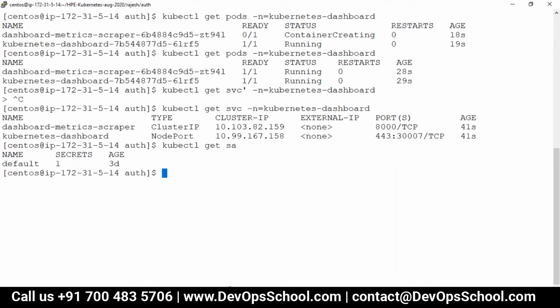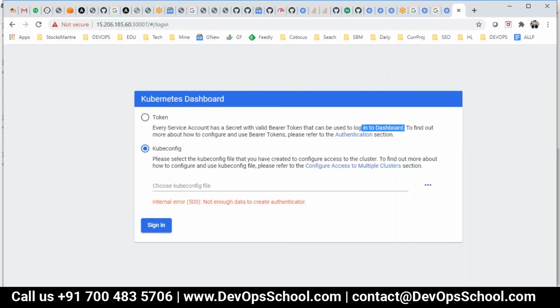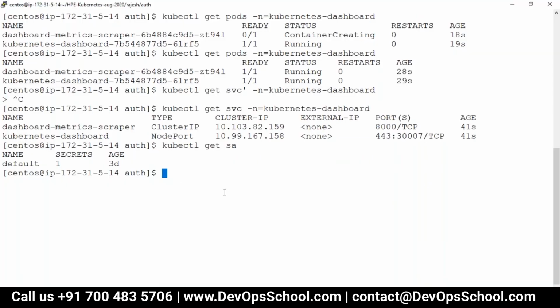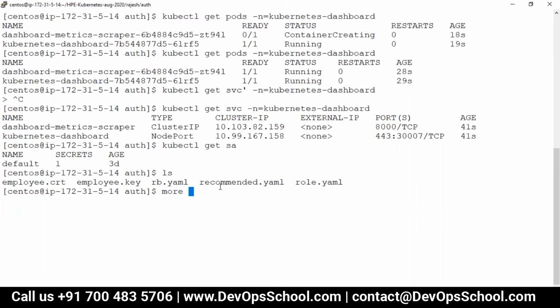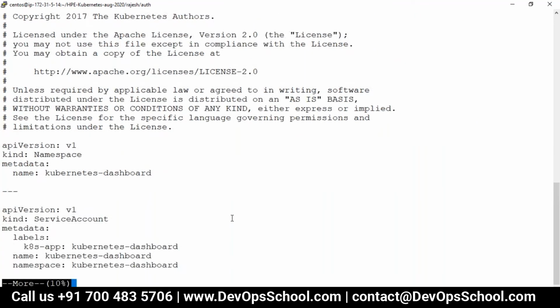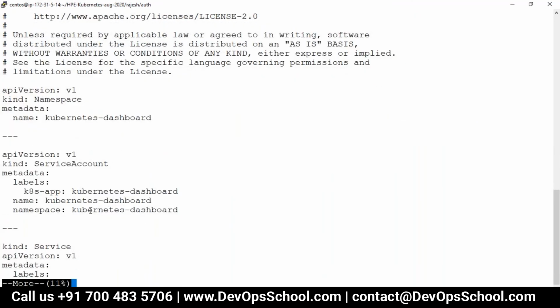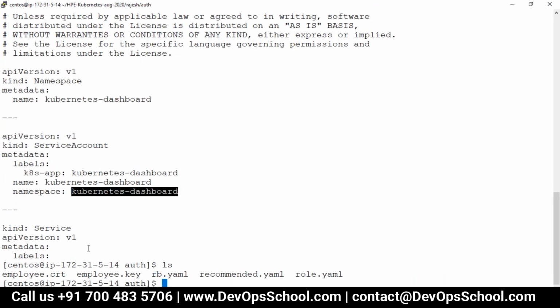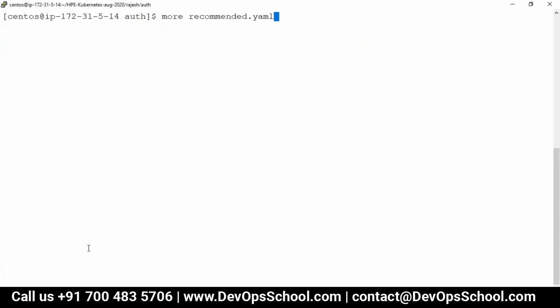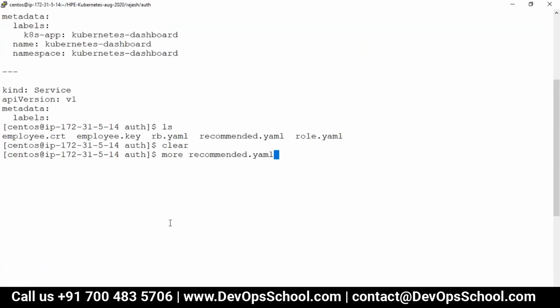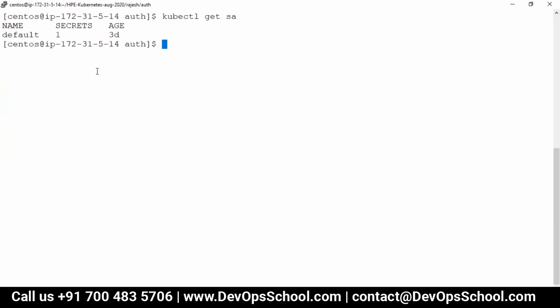Now here, one thing, I can get the token, but I'm looking for this service account. Okay, let me try some other service account. If it didn't work, then we'll try this. Typically you can enable the password also, so you can change a little bit more configuration and then get the password, but not to complicate right now.